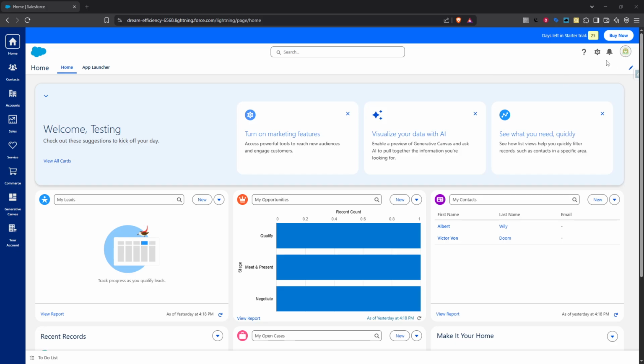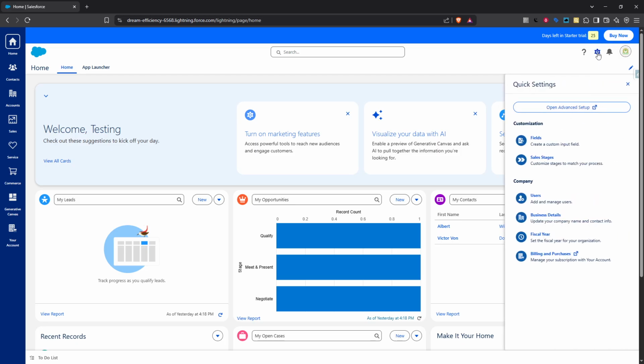First, you'll want to start by navigating to the top right corner of your Salesforce dashboard. There you'll see a gear icon. Go ahead and click on this icon, which is your gateway to the advanced setup area. Advanced setup is a key feature for accessing various administrative tools, and it's where we need to go for checking